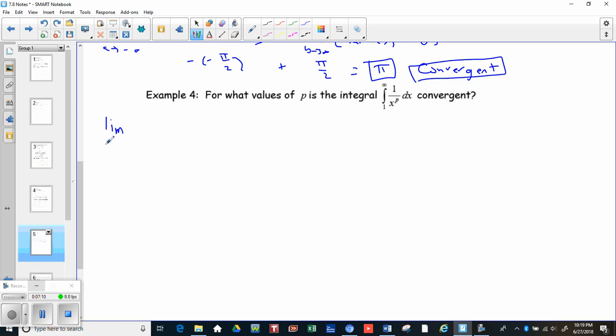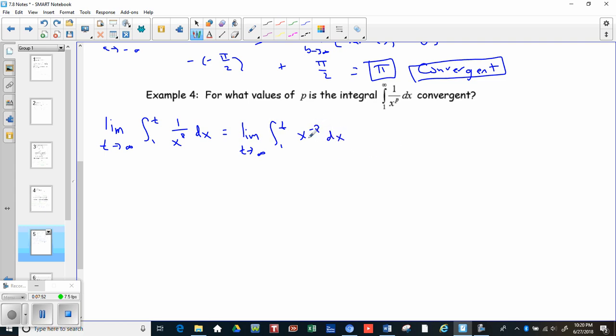So we'll take the limit as, we'll go back to t's now, as t approaches infinity of the integral from 1 to t of 1 over x to the p power dx. Now remember that p here is just a constant, it's just a number. So we can really think of this as being x to the negative p. So we'll take the limit as t approaches infinity, integral from 1 to t, x to the negative p power